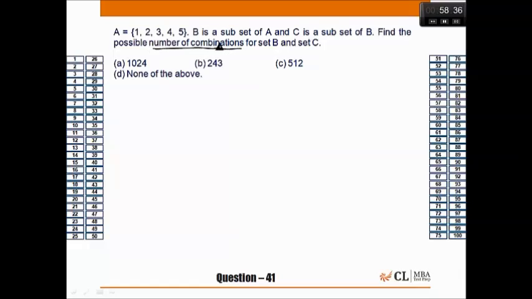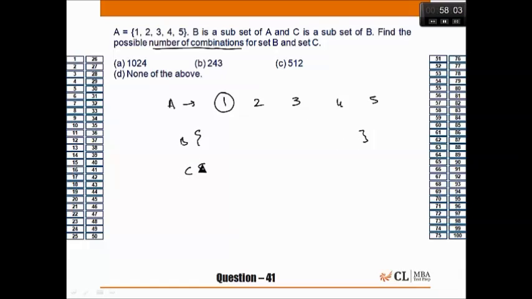Okay, what does this mean? Number of possible combinations. I like permutation combination. A is a set 1, 2, 3, 4, and 5. B is a subset of A, and C is a subset of B. So B can take 2 raised to 5, 32. And C is a subset of B. It's always good to think in terms of these numbers. So there is a set B